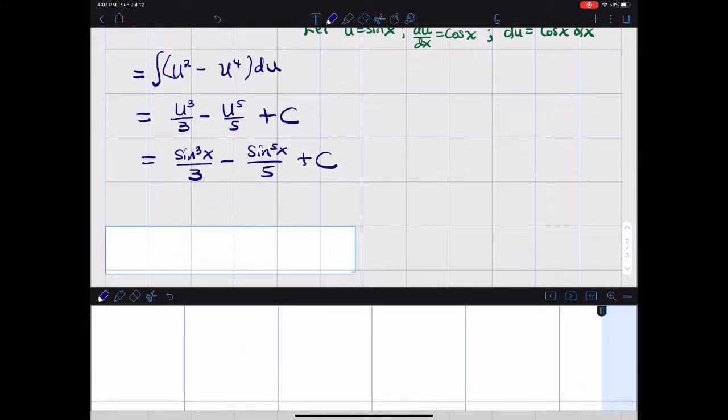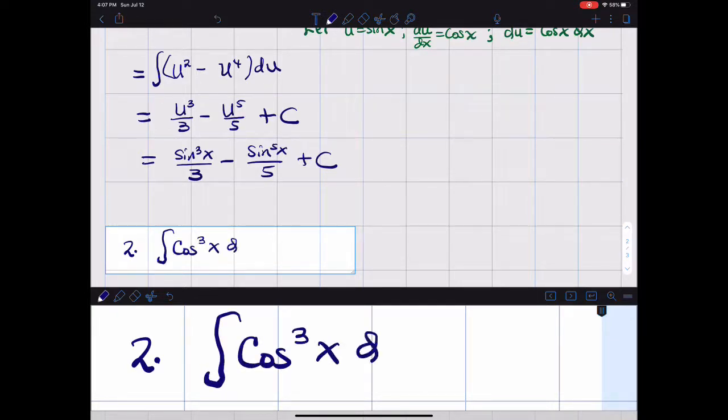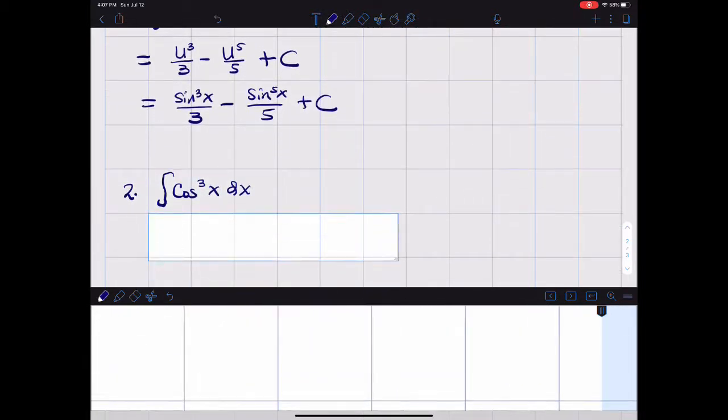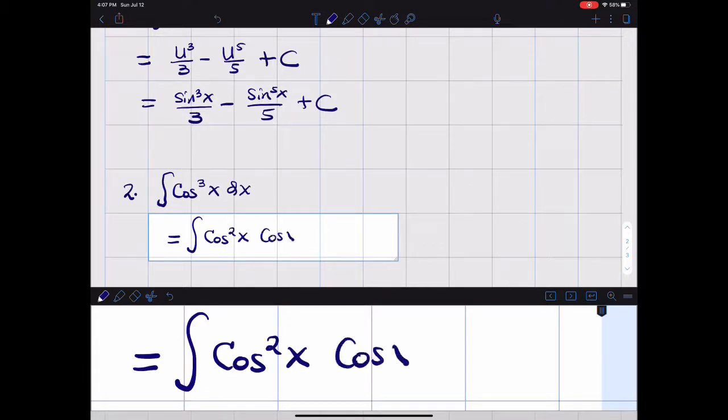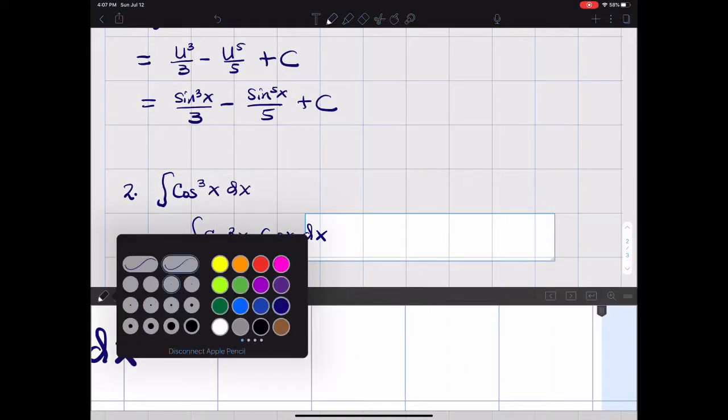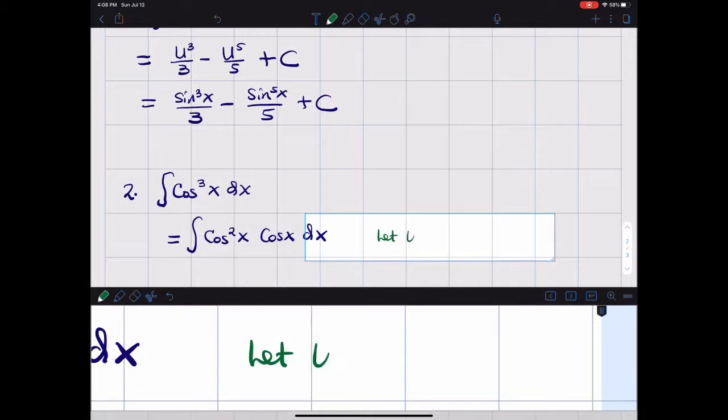All right, I want you to try one. Try this one. Just cosine cubed of x dx. So here, let me start it out for you. You get cosine squared x, cosine of x. You save cosine of x dx. And then you let u, if you let u be cosine of x,